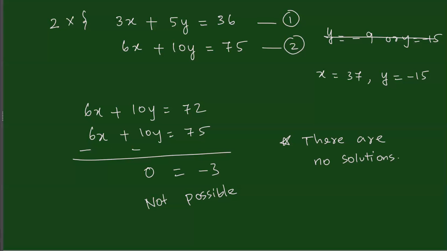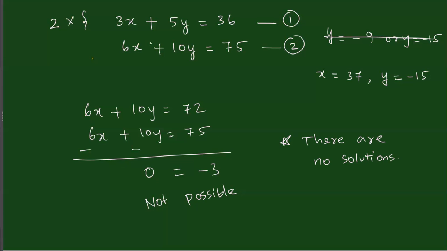Okay, substitute it, you have access to a calculator. You understand, because when we try to use the method of elimination, what are we getting? We are getting this impossible statement, right? On the left hand side I'm getting 0, on the right hand side I'm getting -3. So it's not possible, right? Sir, if x is in decimals, then it is satisfying for me. Okay, give me a number.